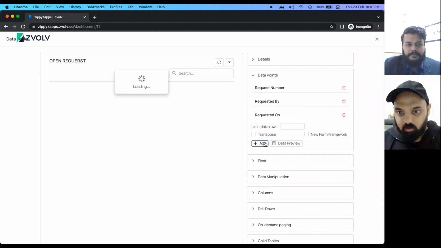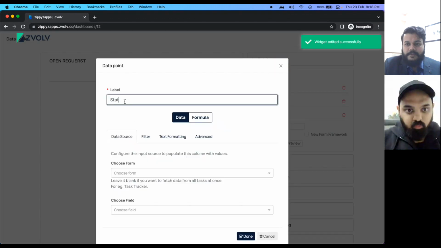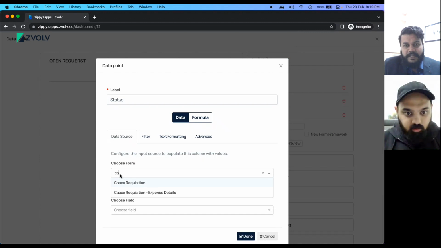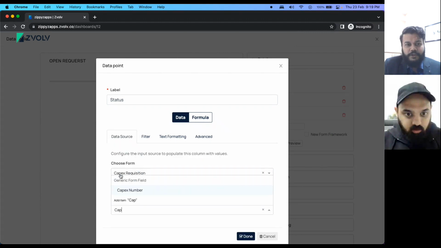So Shivam, you can also pitch in wherever you feel there is any additional field that I'm not adding. Sure, Sid. I think you can continue for now. I think once I get to see the shape of how the widget looks, I can give some more feedback on that.